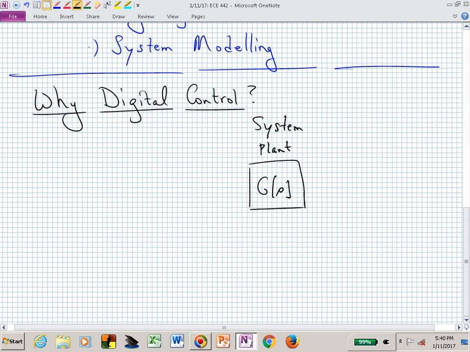But our plant usually is some dynamical system. And we describe it. Hopefully, the prerequisite for this is 320A. Hopefully you've had transfer functions in 320A. And you could think of a circuit that has a transfer function. That's my plant. That's G of S. Maybe you're not happy with that, but now it's giving you an output, Y of S,